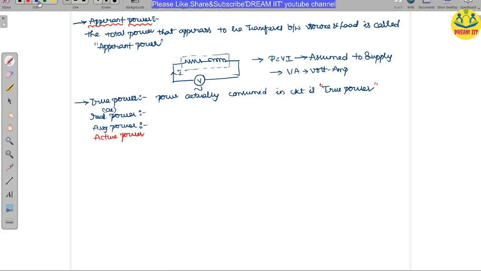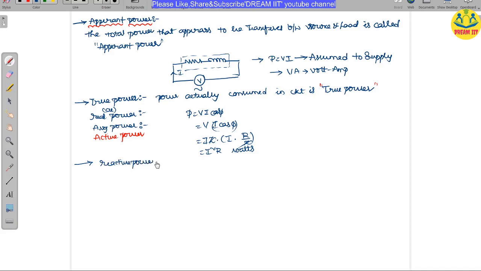So what is the real power formula? We can write P equals VI cos phi. So V into I cos phi, this is the real component. You can write V as I into Z, and from the triangle, cos phi is R by Z. So Z will get cancelled. What is the power? It is I squared R. It is measured in watts. That is called the true power or real power or active power. Let us see another power, that is reactive power.